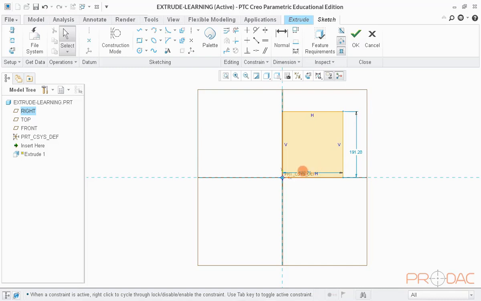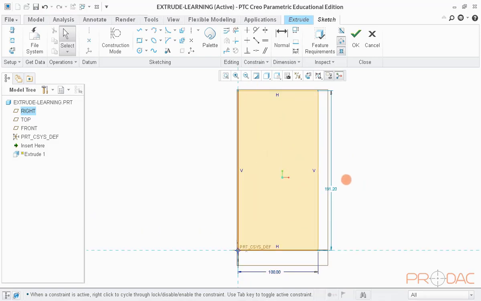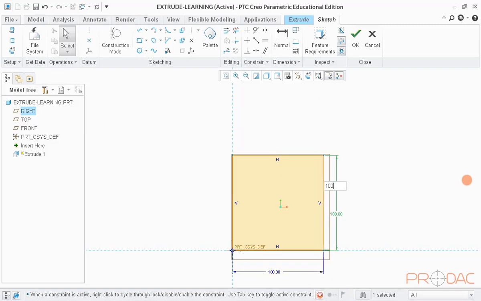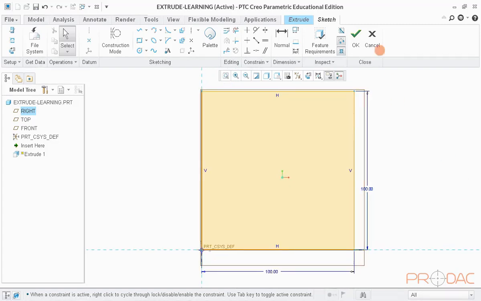Creo will automatically display the default dimensions. Double-click on the dimensions to edit them. Click on OK upon completion of sketch.